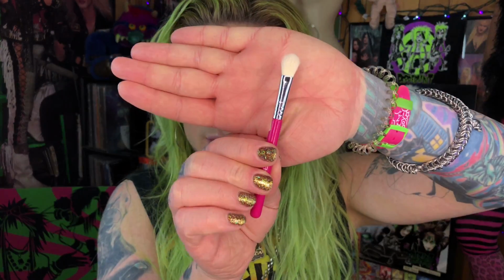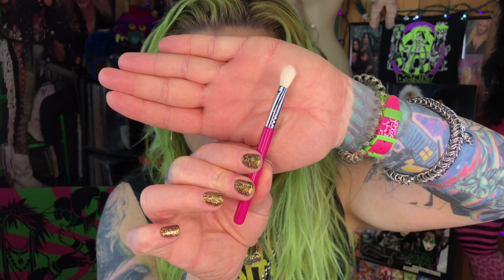I don't know if you guys have used or seen any of the new synthetic MAC brushes, but the new 217 is this brush. That's exactly what they've turned it into. Which, for packing a color in, or for like a nose contour and to begin the inner part of my eyebrows, it's great for that. But I don't really find this brush really good for blending out a transition, which is what this kind of brush is supposed to be for. Or like the MAC 217, that's what that was great for. And now it's not. So in case you were wondering,